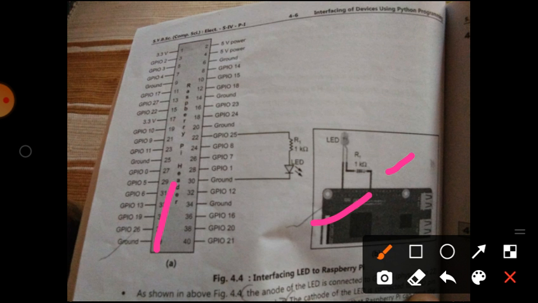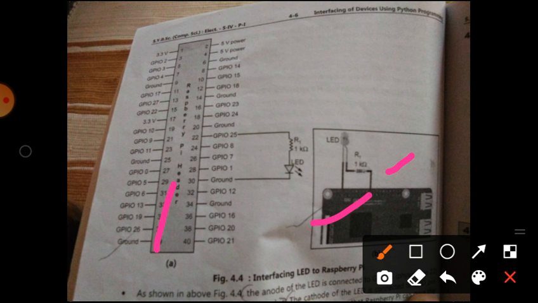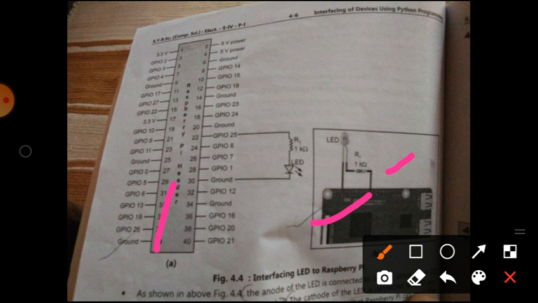The GPIO 25 pin has to be configured as an output pin so that Raspberry Pi can drive the LED. If the GPIO 25 pin is made high for some time and low for some time, and this process is kept in a loop, then the LED will start blinking. A Python program is written to make GPIO 25 pin high as well as low.